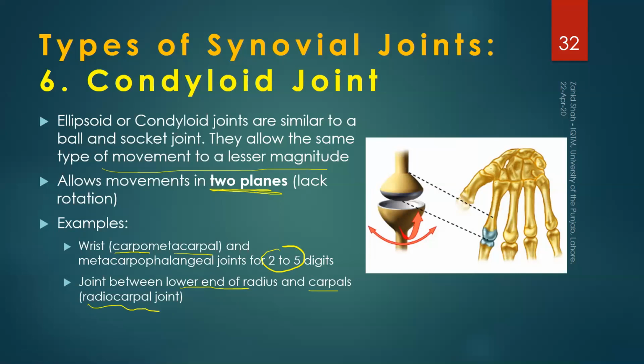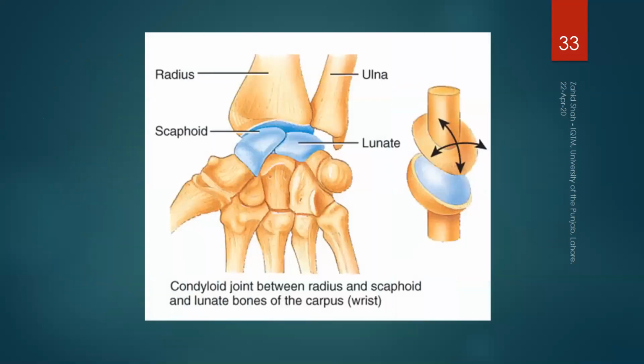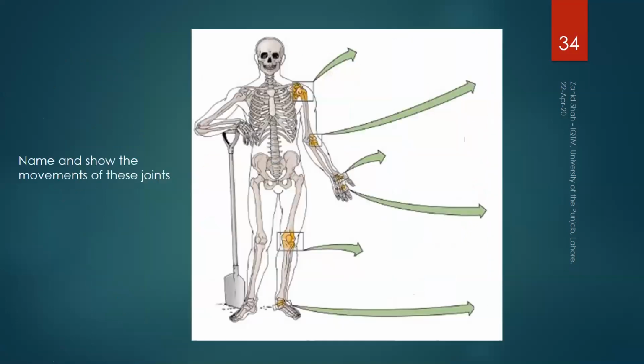So we saw that at the proximal end, the radius made two joints with humerus and ulna. One was a hinge joint, the other was a pivot joint, but at the distal end it also makes a joint with the carpals, and that is condyloid. So we are talking about this joint, at the distal end of the radius with the carpals. Movement is again circular, but it is restricted by the shape of the joint and ligaments.